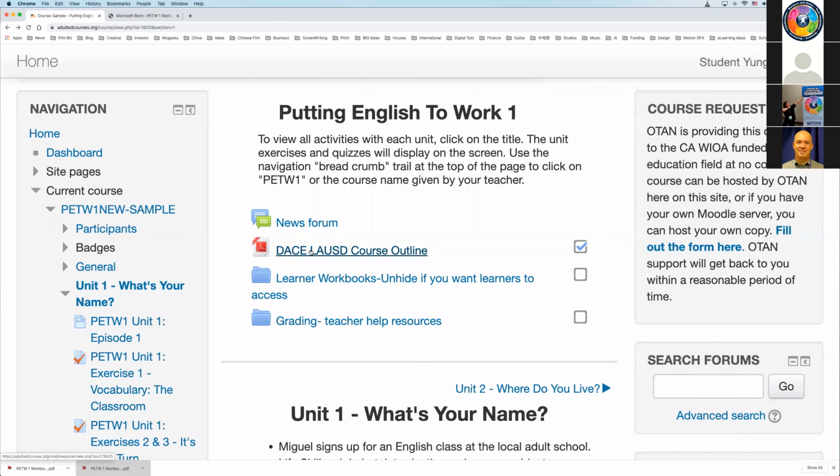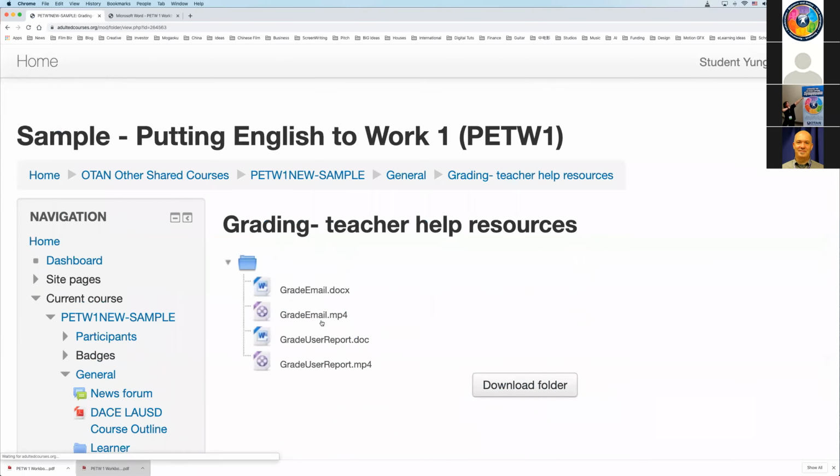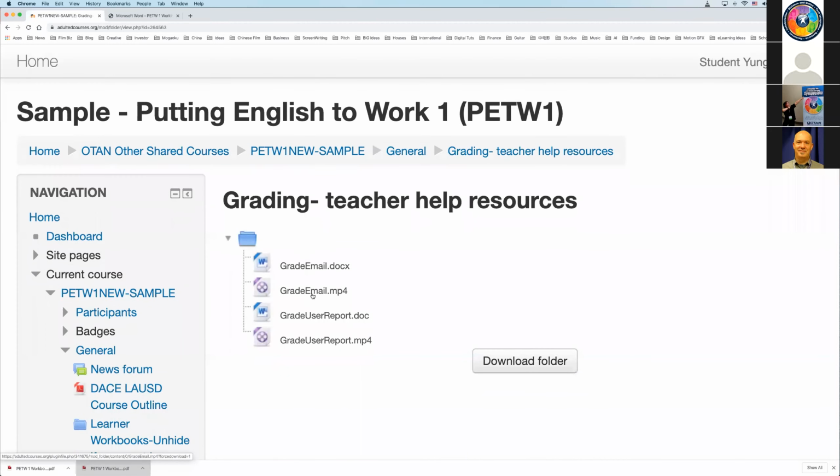The course outline is available to you. All the student workbooks are available to you. And here, these are the guides that will help you grade your student work. Therefore, you don't need to worry about taking notes and trying to remember everything I do. I'd rather have you put yourself in the state of mind of a student right now and imagine what the student will have to go through in order to use this course fluidly.